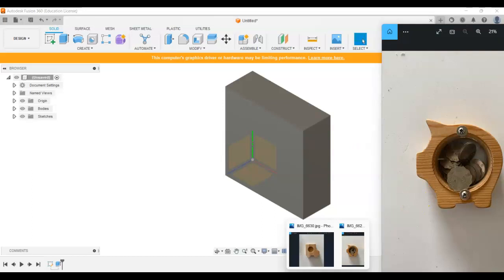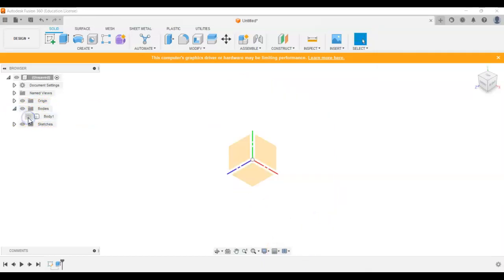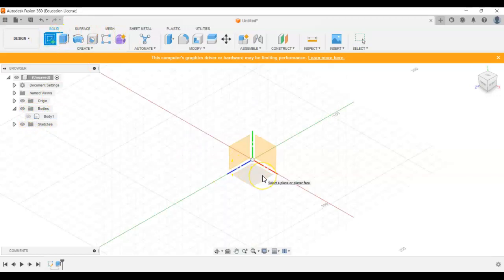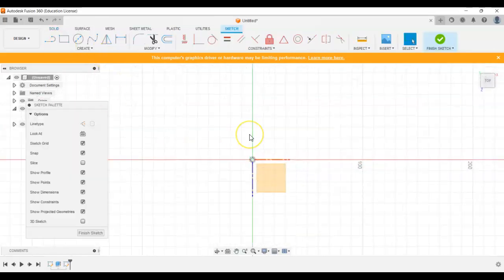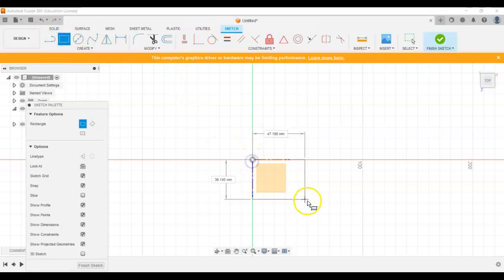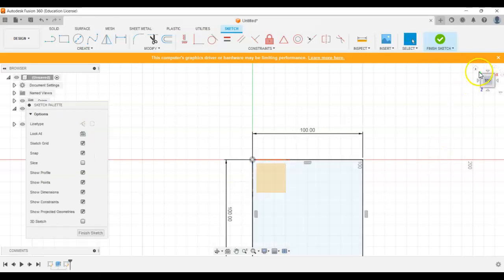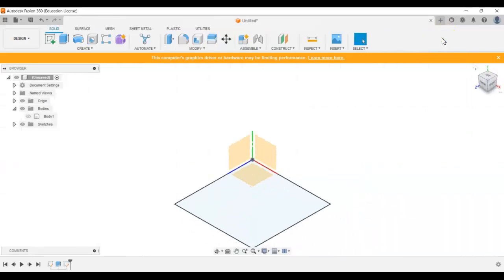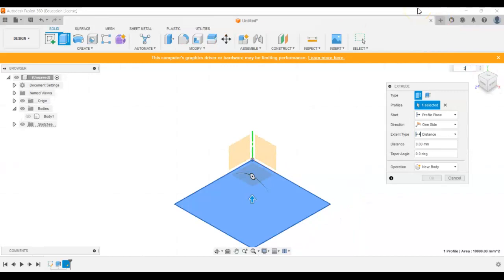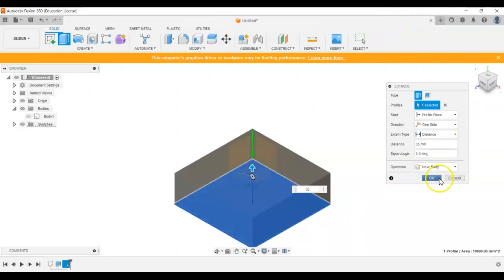like the pig one. If we want to make the laying down one, like the candle holder, very, very simple. So I'm just going to come in here and switch off that one. So this time I would choose the floor sketch, the floor plane, add a sketch to it just by using the green plus. Again, I'm going to draw a rectangle, or I could have clicked R to get rectangle. Again, put 100 by 100, enter, finish sketch, E for extrude again, and then just click in 35,